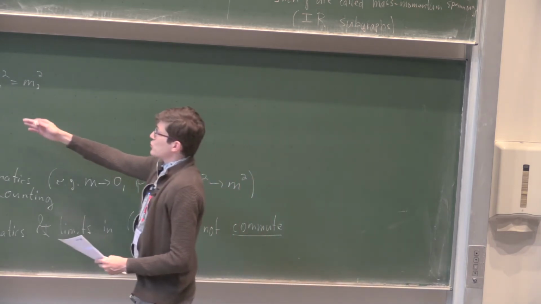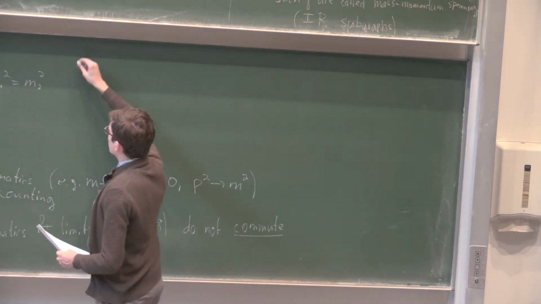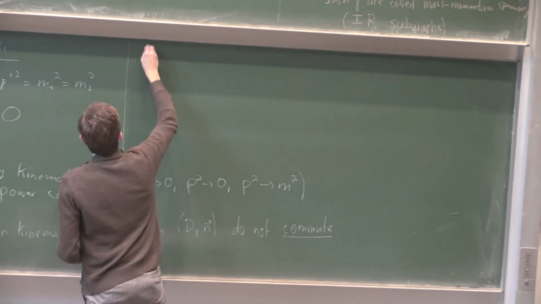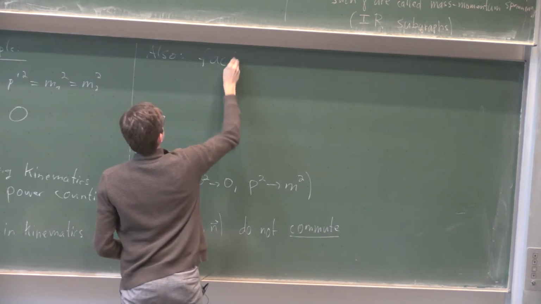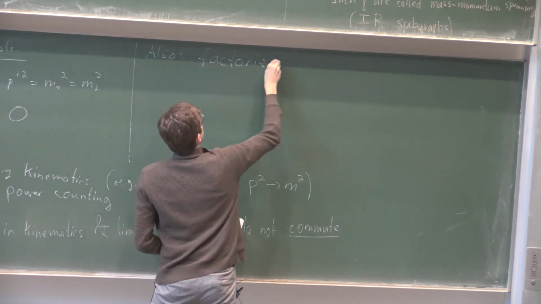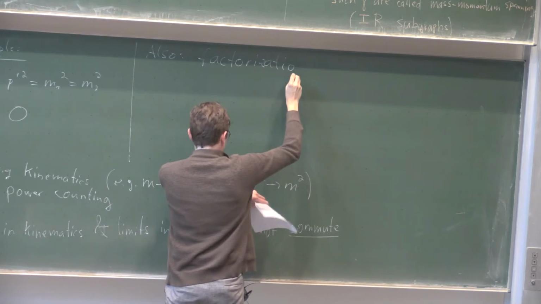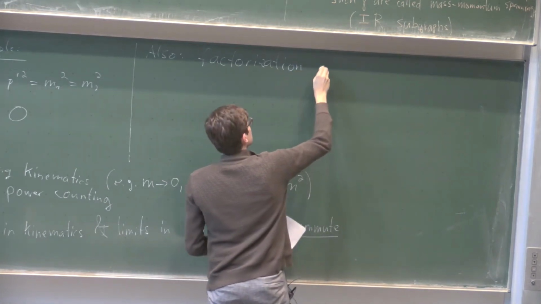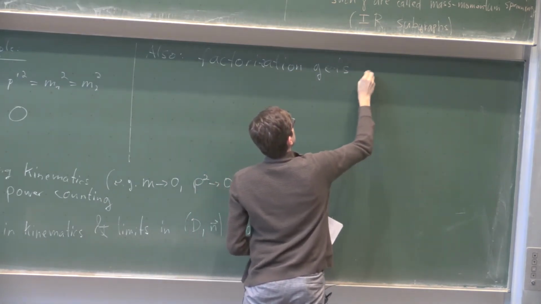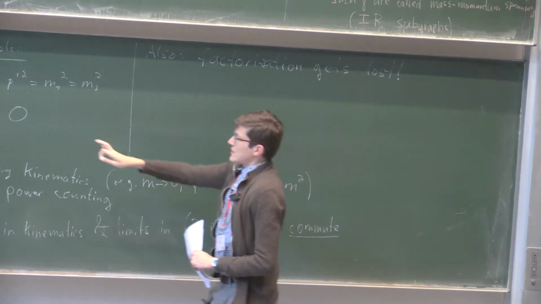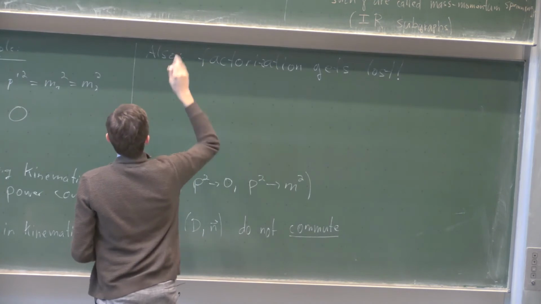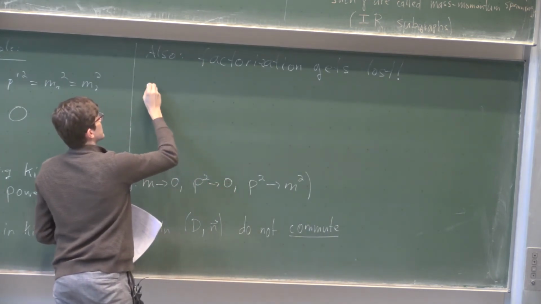So not only do we have this problem that we have another power counting, but also in these more general cases, the factorization gets lost. So in this case, there's a miracle that you can still interpret this in some way, but in general it doesn't. So for example,